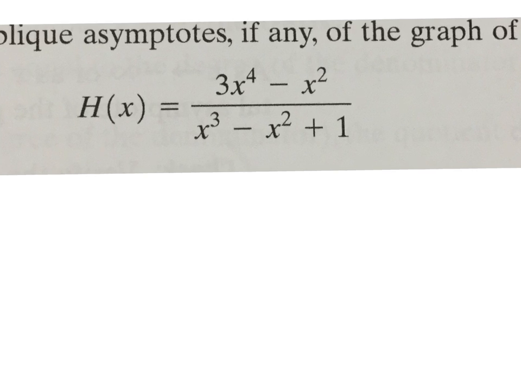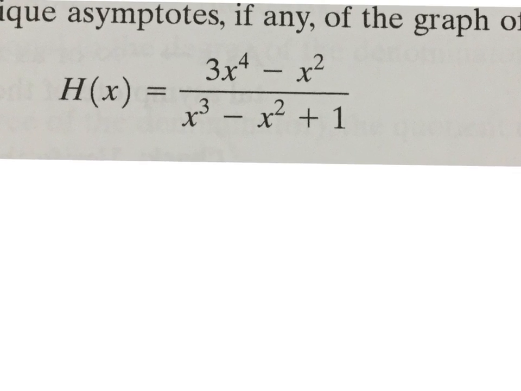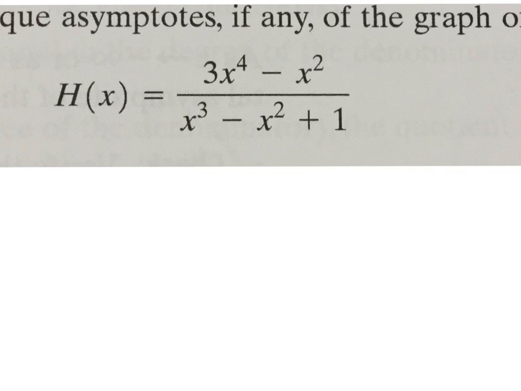Okay, so let's look at an example here. Say I have the function h of x equals 3x to the fourth minus x squared all over x to the third minus x squared plus 1. And I'm asked to find the horizontal or oblique asymptotes. So first I'm going to look at the degrees. The degree of the numerator is 4. The degree of the denominator is 3. It's 1 less than the degree of the numerator. So that means this is going to be an oblique asymptote,